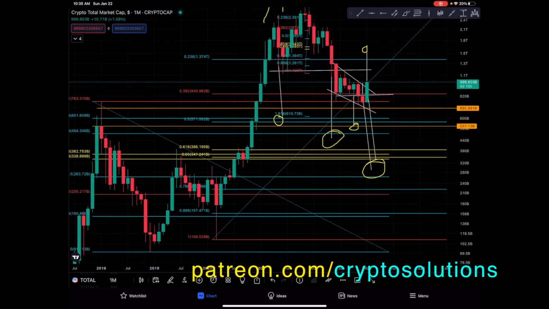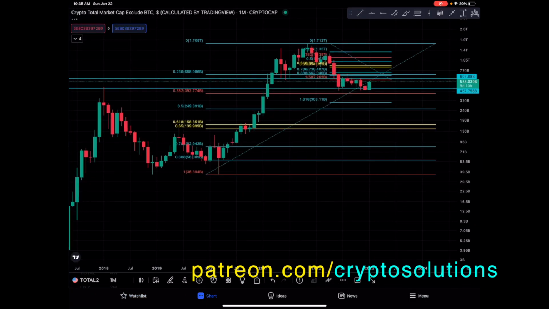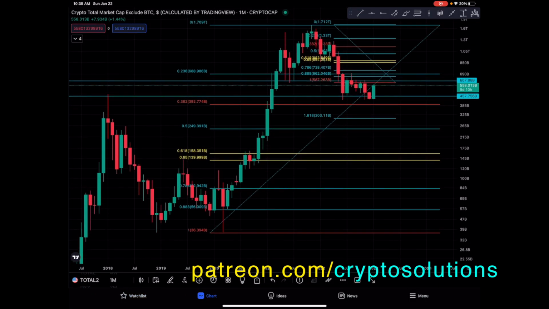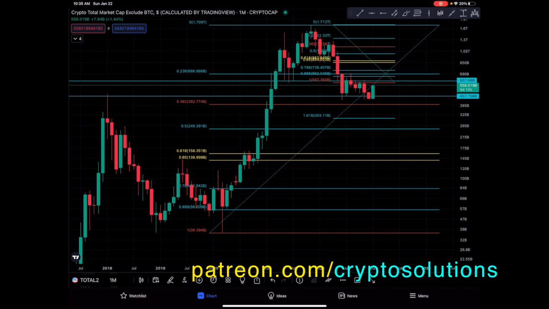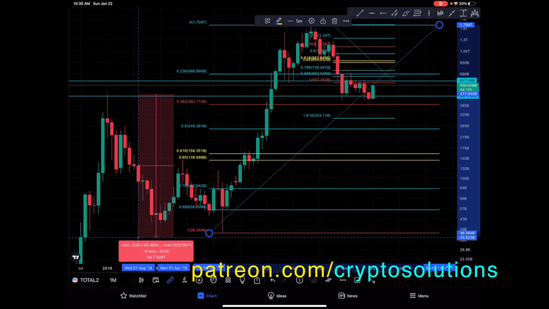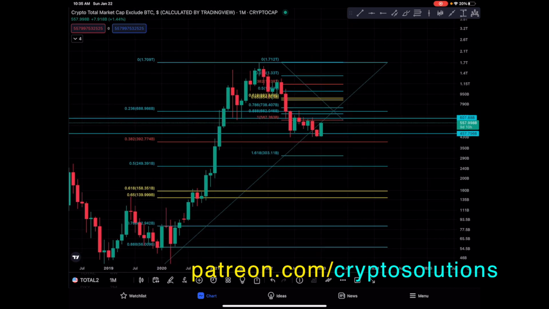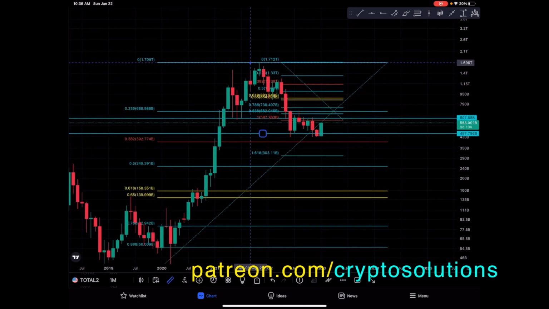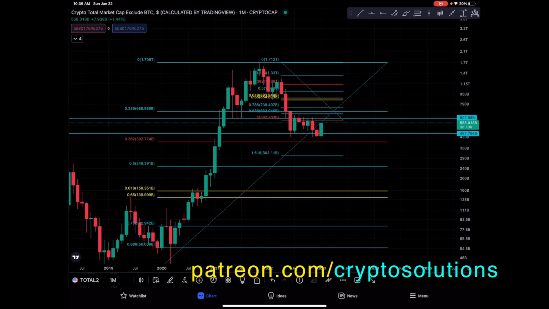But this is a 75% pullback, and the total cryptocurrency market is all the cryptocurrencies. And this is the total cryptocurrency market cap, but excluding Bitcoin. So this is all of the altcoins, and this one makes it more obvious to me that on the previous bull market, from here to here, it pulled back 92%. Okay, that's a lot. And when you have all the altcoins like that, that's a lot. And now the previous one right here, from here to here, 75%.